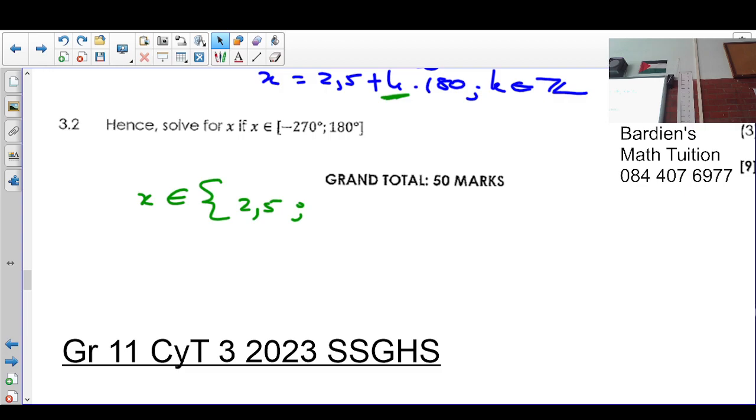It's going to give you -177.5 degrees. As you can see, it's within. But if I go with minus 2, which means I'm subtracting another 180, it's going to give you -357.5, which is outside the given domain. You guys understand? So that means we must stop here, and you'll get your 3 marks for that. Okay. And the last question,